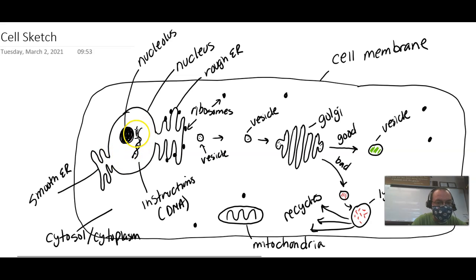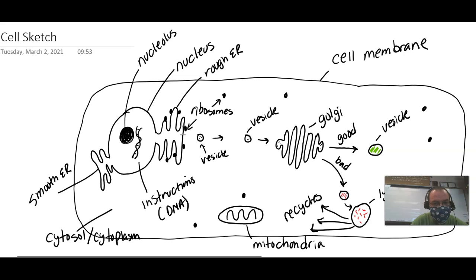Inside the nucleus is the DNA, which is the instructions for how to make stuff. So basically what happens is we make a copy of the directions, and we'll learn about that in a couple weeks. But we take these directions here. This is the master copy, the instructions. We make a copy of it. The copy goes here through the rough ER to one of the ribosomes, and the ribosomes take those instructions and